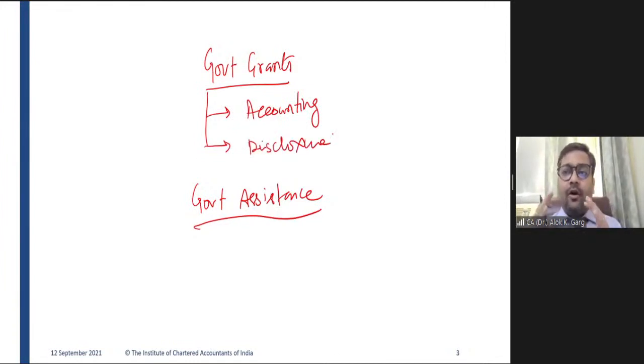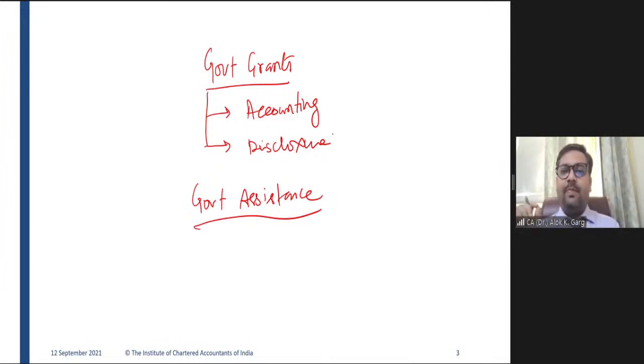If a government is providing an entity an asset free of cost or at a concessional rate, it is a government grant, and this standard talks about how this grant is going to be recognized in the books of accounts, how it is going to be measured,